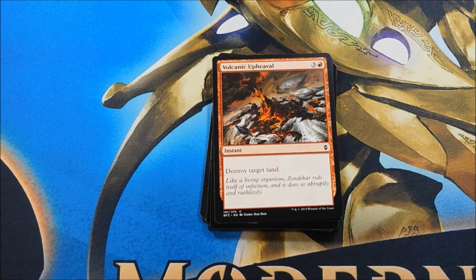Volcanic Upheaval is an instant for 3 and a red. Destroy target land. Land destruction isn't usually a good strategy in Limited. Whilst there is a lot more interaction with lands in Battle for Zendikar, it's still not enough to make this a good card. It's a sideboard card at best,